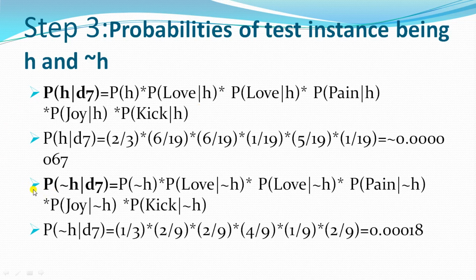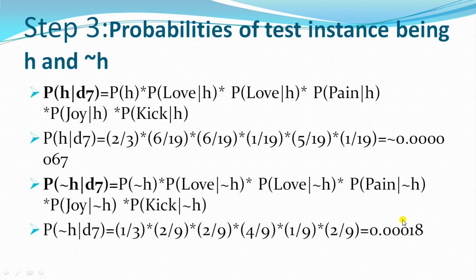In the other formula, everything was the same. The point was simple. Class was negation of H. Here it was yes class. Here it was no class. So out of 19, we had some value. We entered that one. We substituted. We end up with some value like 0.00067. Here also we have calculated this one. This is prior probability, and these things we have already calculated in the conditional probability. Our work is just to multiply each and every term which is there in D7. Since we had some value here, we just substituted the value, we end up with the value something like